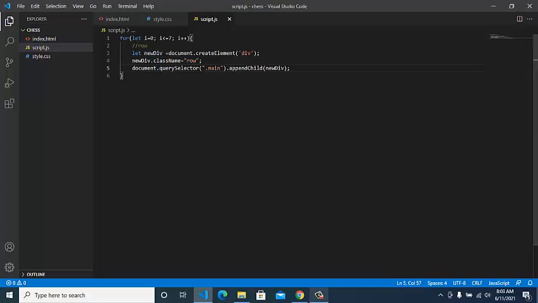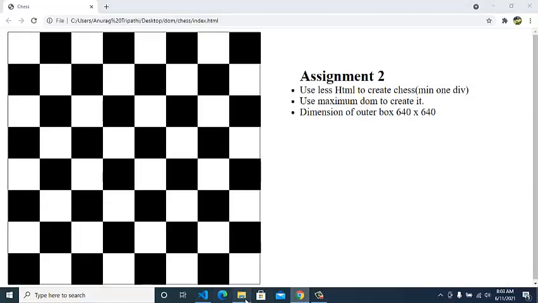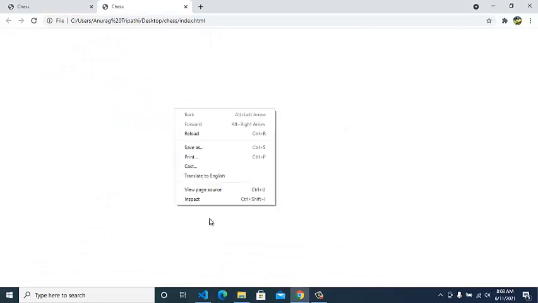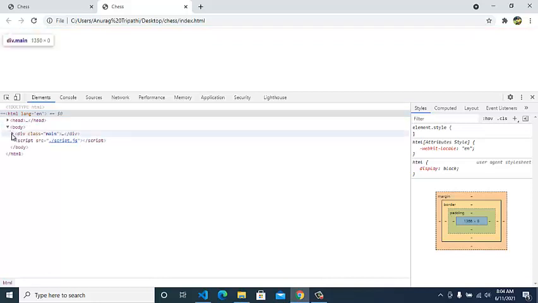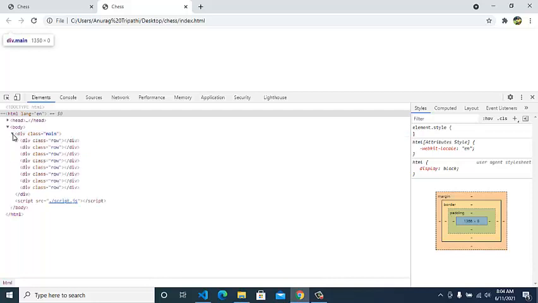So when you go to our folder and I open this, you can't see anything right now, but if I inspect and go to the elements tab, I can see head and body. Inside body, if I click, I can see the main div, and when I click the main div I can see all the rows that are created.